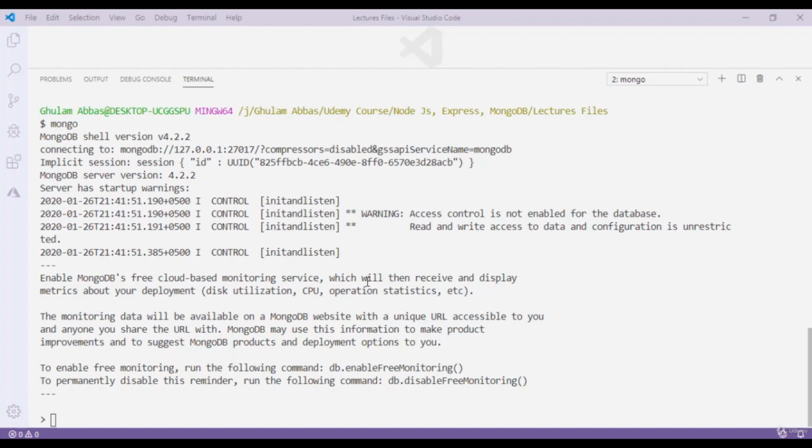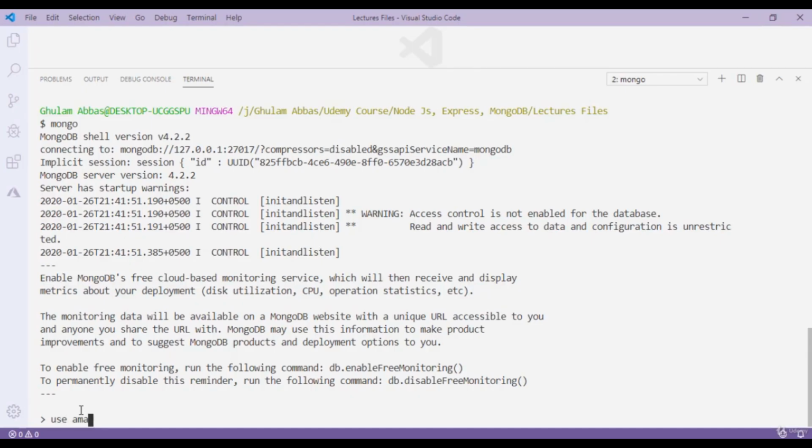Welcome back to this course. In our previous video, we saw how we can create a database, how we can delete a database, how we can create collections, delete collections, all stuff like that. Okay, so today in this video, we are going to see some queries that help us insert or create new documents in collections. For that, I simply go to the Mongo terminal and type use Amazon to